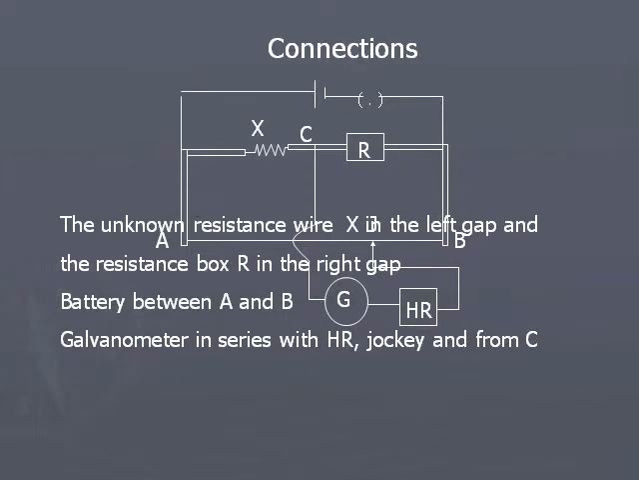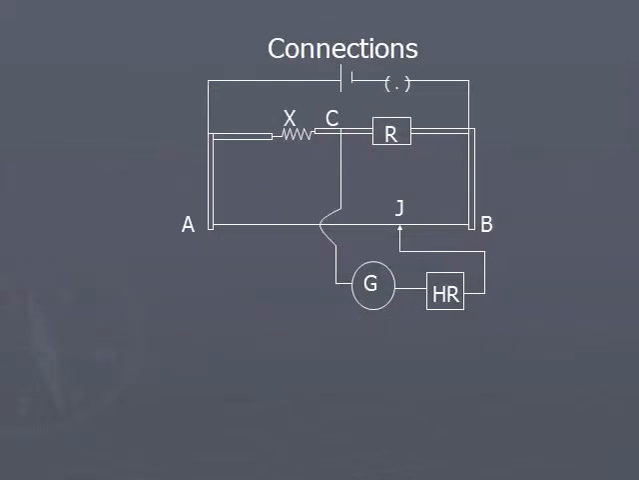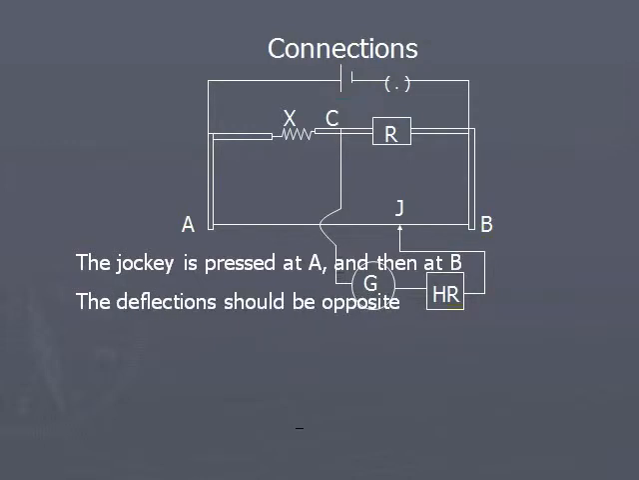To verify the connections, first let us close the circuit. By using key, we close the circuit. Press the jockey at A, at the end A of the bridge wire. Then you notice deflection in the galvanometer. Then press the jockey at the position B, at the end B. You will notice another deflection. If these two deflections are in opposite direction,